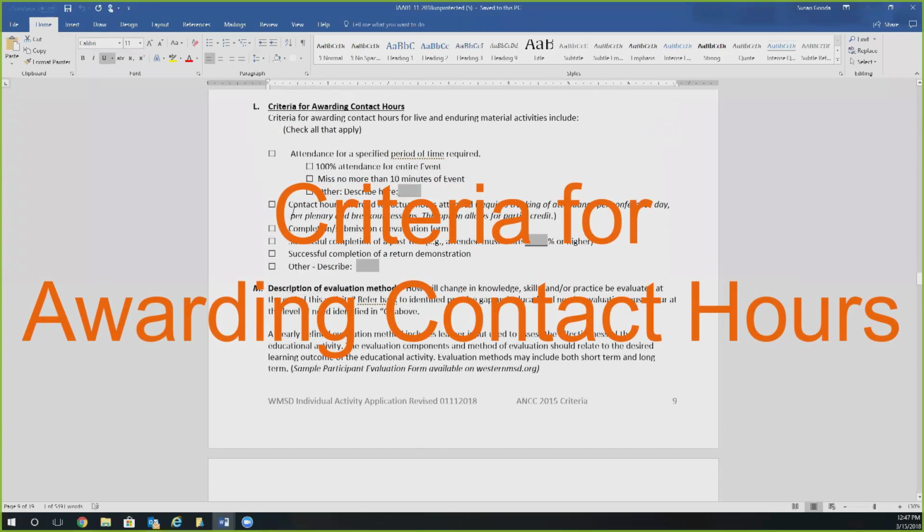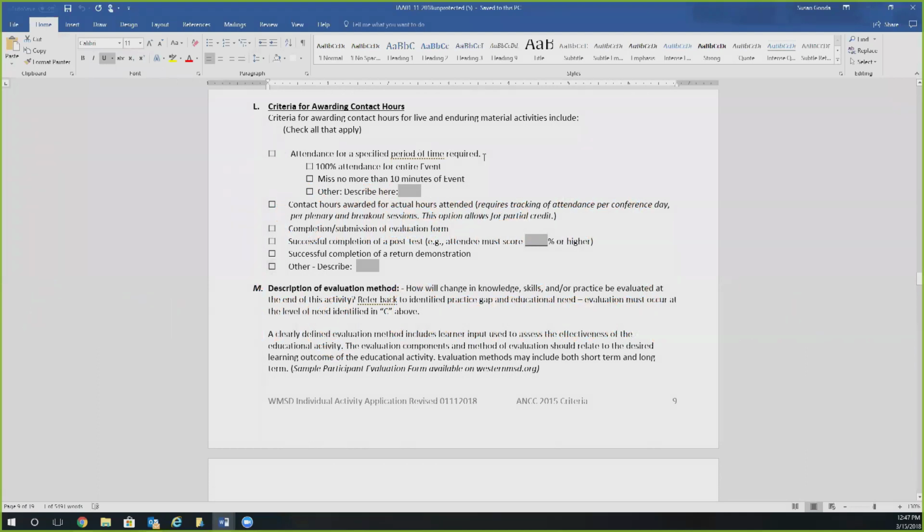Criteria for awarding contact hours, that's another checkbox. Do you want them to attend for a specific period of time? 100% of the time, can miss no more than 10 minutes of any session or the entire event. Describe. If you have a number of breakout sessions, or let's say you have a 3-day conference and the attendee